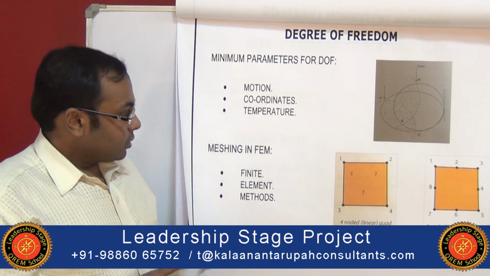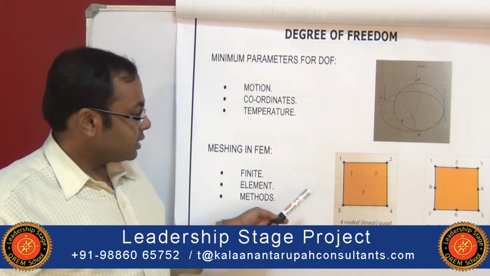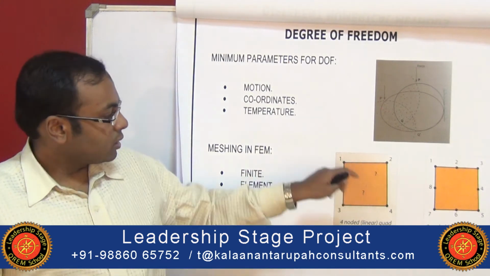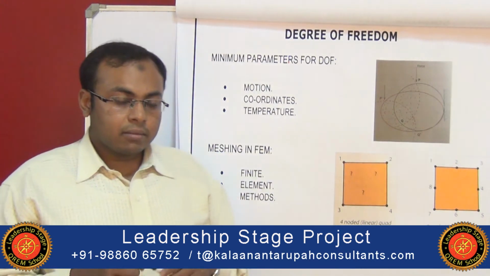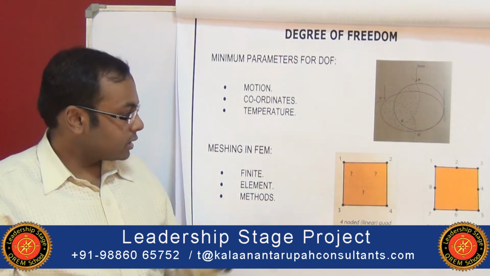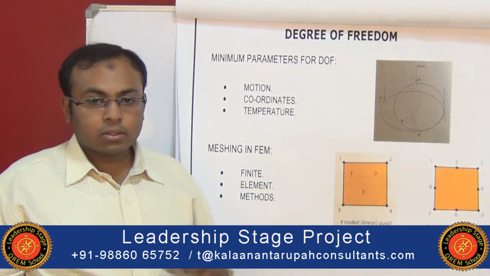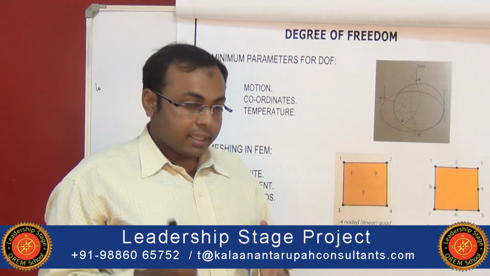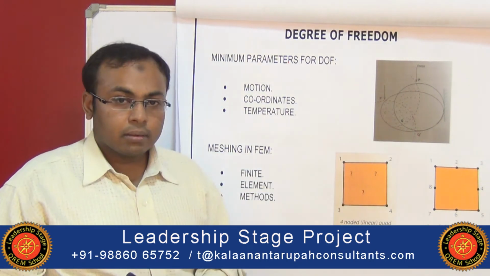Now, how does discretization help in calculating the degrees of freedom? If you consider a quadrilateral like this, you've got nodes 1, 2, 3 and 4. FEA uses a formula known as the interpolation formula. With this, you can get the equations at nodes 1, 2, 3 and 4. The stresses, or whatever type of analysis you are running, can be obtained for these particular nodes. But what about the points within this quadrilateral?